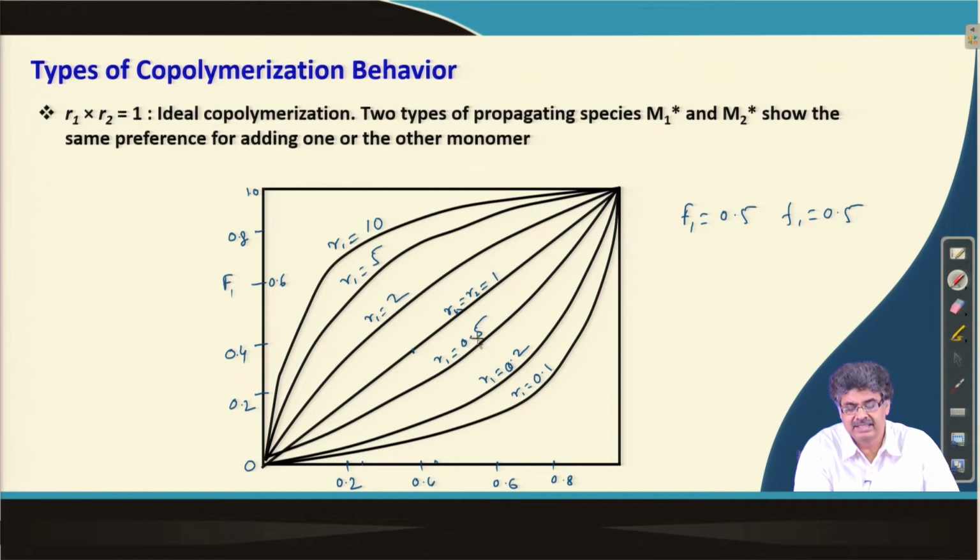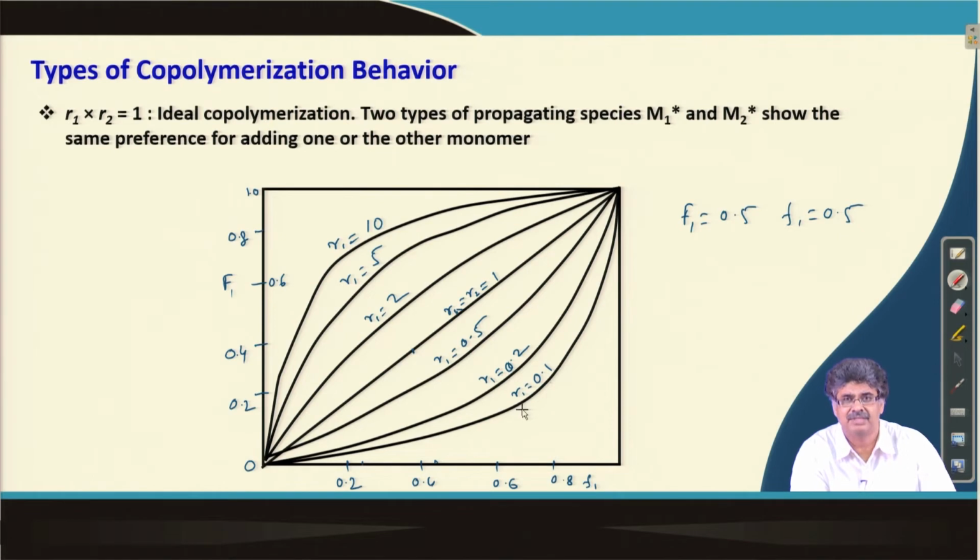But for the cases where R1 is less than 1, the fraction of monomer present in the copolymer is less compared to the feed concentration of that particular monomer, which is very easily explainable. If the monomer is more reactive than the other, then the R1 value will be more than 1. As a result, that particular monomer will get into the copolymer to a greater extent. So, first there will be